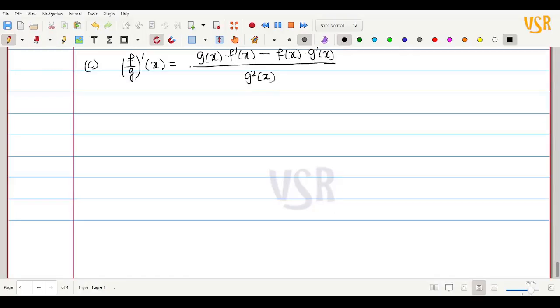As usual, I am not using epsilon and delta here; we will prove it directly. Okay, so let h(x) be equal to f(x) divided by g(x). Writing it as f of x divided by g of x is fine, no problem. Now,